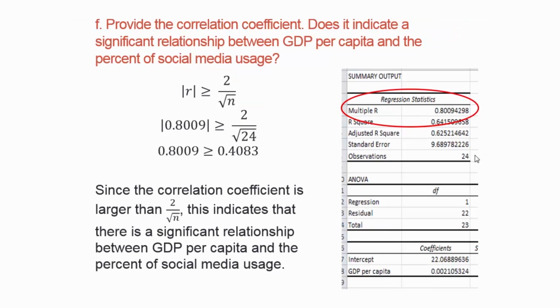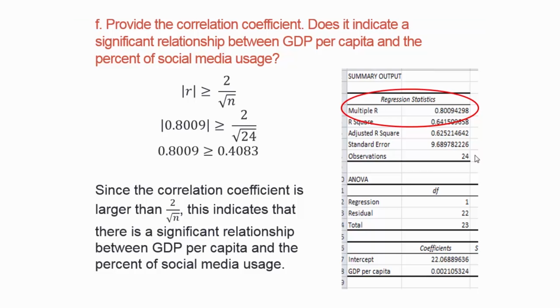Correlation coefficient. Okay, that's the same thing as multiple R. You'll notice it called over here. Multiple R is 0.8009. And so what I want to do is compare that value with the quick rule. The quick rule says if the absolute value of R, or the correlation coefficient, is greater than or equal to 2 over the square root of 24, notice here it tells me how many observations I have, 24 countries, then I have